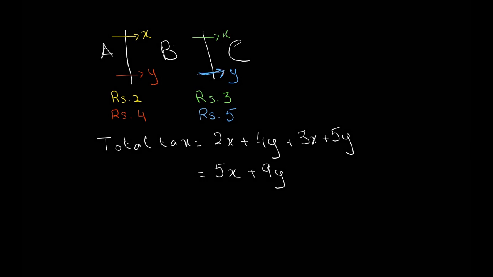And let's say as you went from country A to B, there was also a very strange tax, and the strange tax was a product tax, meaning that they would consider the product of the apples and oranges and tax you 1 rupee on the product of apples and oranges. So then you would have to pay, as you crossed across, a tax